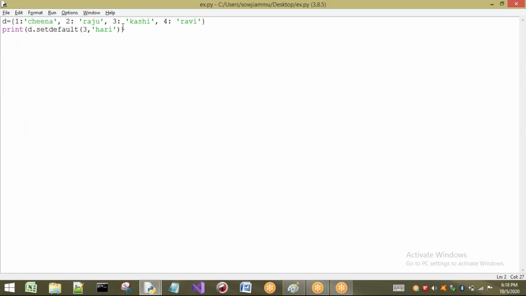Okay, no problem. In the default case, whenever the key is not present in our dictionary, then the default value will be printed.